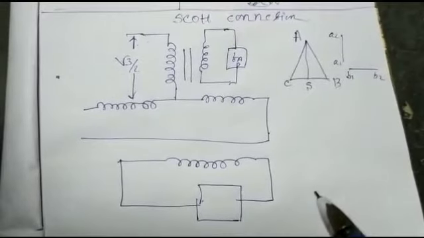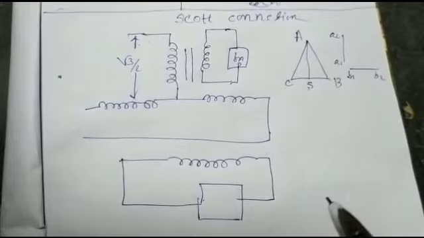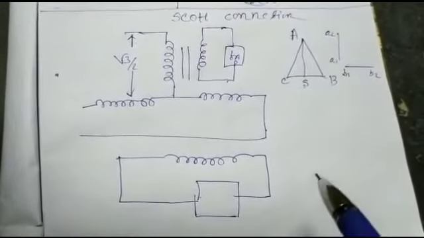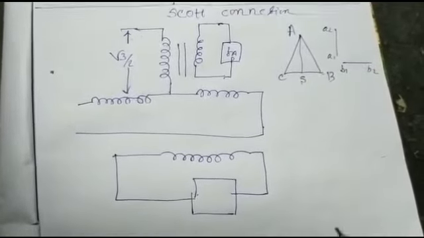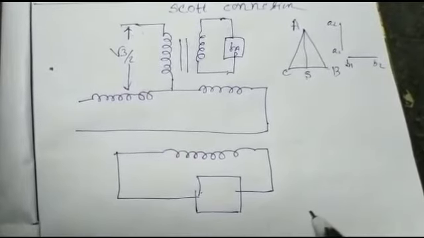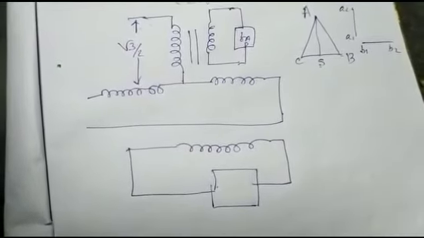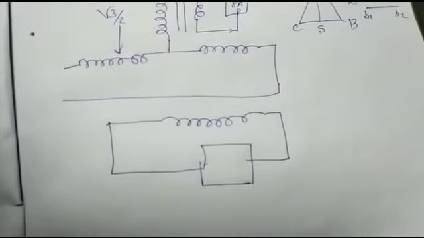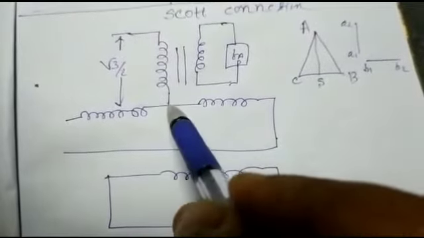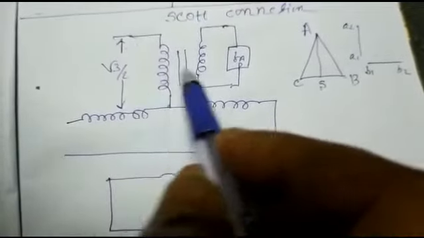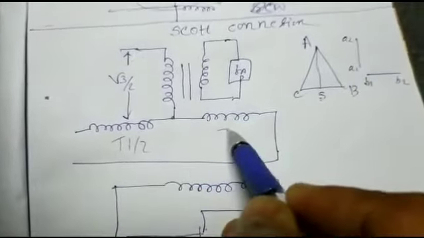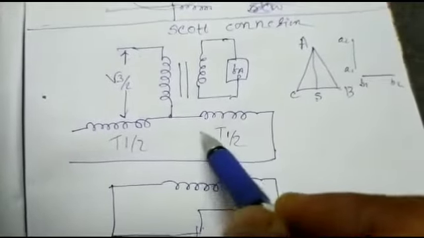What is the Scott connection? The Scott connection is used to link 2 and 3 phase supply systems with power flow in either direction. Means Scott connection is 3 phase to 2 phase or 2 phase to 3 phase supply. It is based on the 3 phase balanced voltage triangle system. The perpendicular from the vertex, here it is the transformer primary winding, and here the voltage is √3 times and it is the 50%. Here the number of turns is T1 by 2 and here the number of turns is T1 by 2, 50-50.